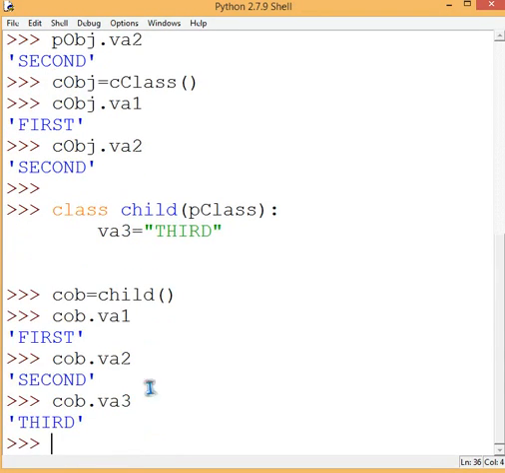Okay, now this is done from our side. We have seen how inheritance is carried out.